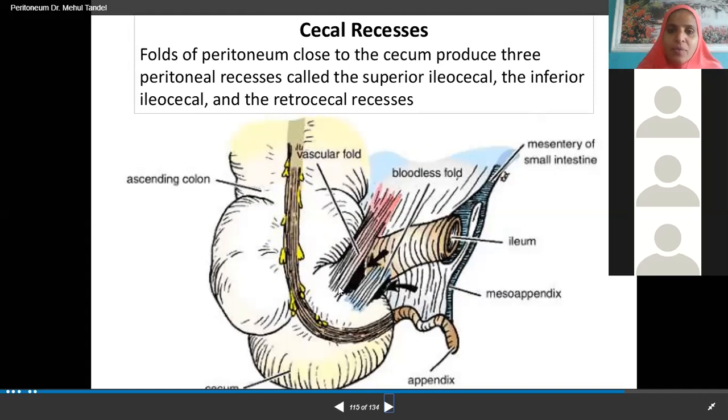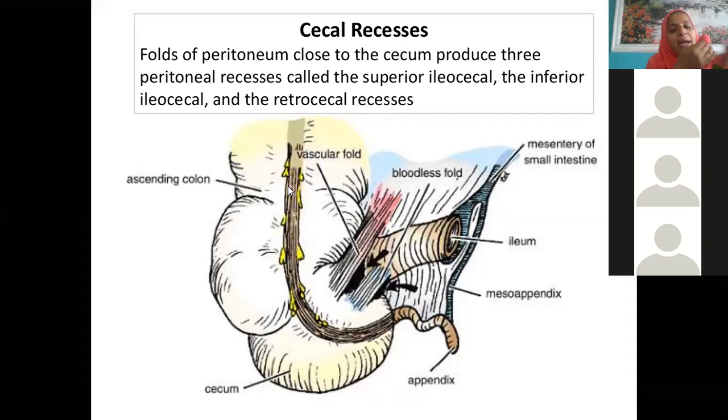Okay. So why is it called a vascular fold? Because it will be enclosing the distribution of blood vessels. Okay. Now between these peritoneal folds, you are finding again empty spaces. 2 arrows are shown between these 2 peritoneal folds. Okay. So these are actually called cecal recesses. Above you call it superior cecal recess, below you call inferior cecal. And if you lift the cecum and check behind, if this is cecum, you are lifting and checking behind, also you are finding.